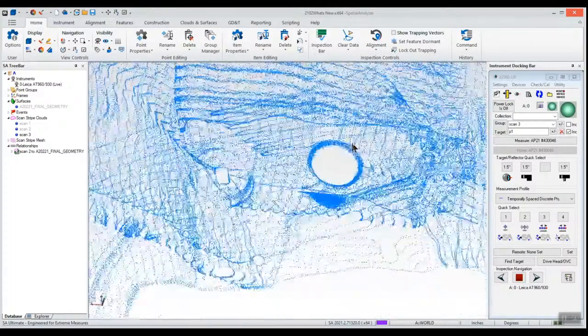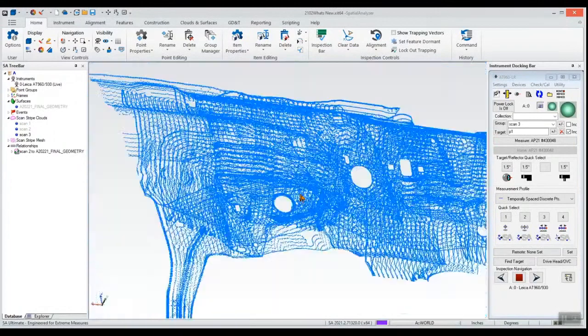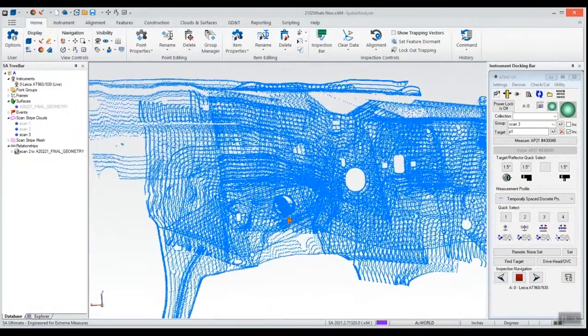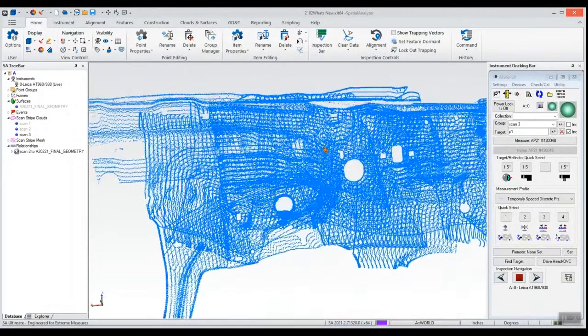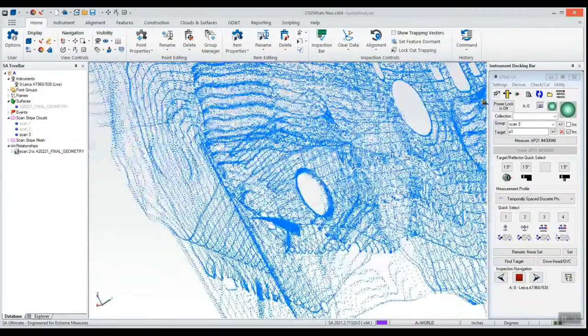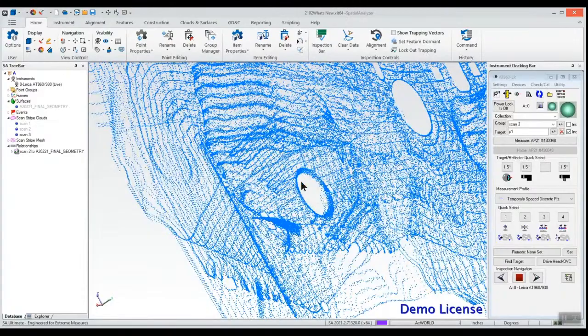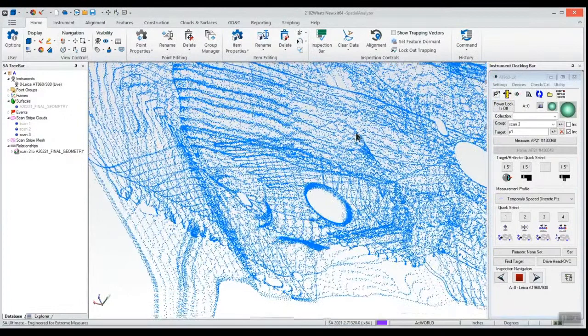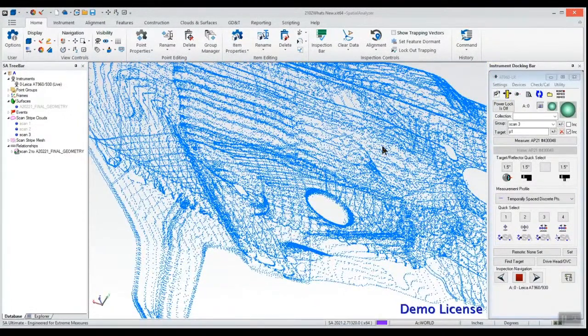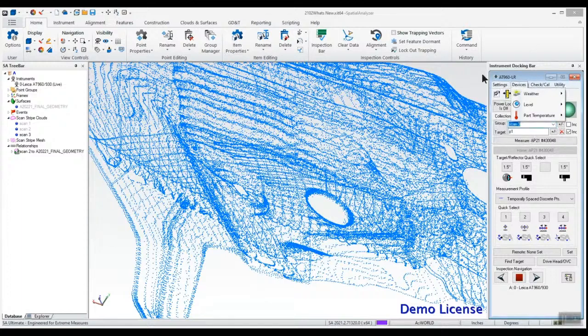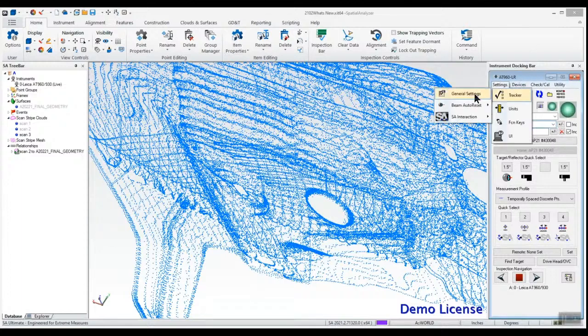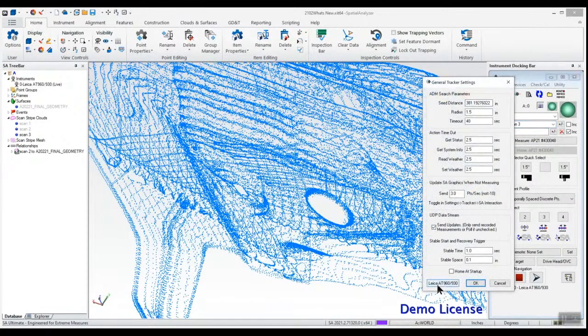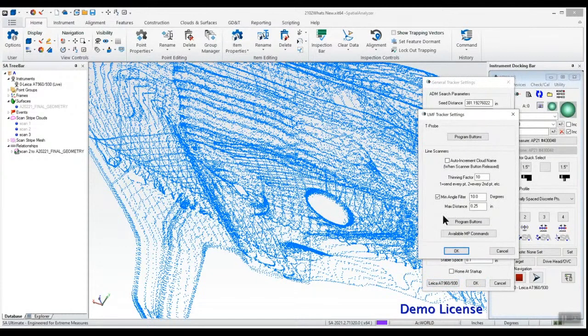All right, so that is some of the new features for cloud data. We can do just a recap here. We can do that raw cloud data like we're looking at here, and you can adjust those settings for keeping more data around the edges or curvatures, some more detailed features, and letting it thin out more over the flats. And again, just a real quick recap, that's going to be in your settings under your instrument interface. So settings, tracker, general settings, Leica AT960, hit that button down at the bottom to get your tracker specific settings, and then check that checkbox